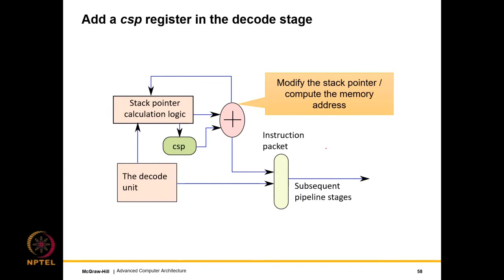We add a current stack pointer register in the decode stage. So this is the crux of the idea. We have a regular decode unit that contains the decoder and the microcode cache, which of course remains the same, no changes to that. We have a very quick mechanism of detecting if the stack pointer is being accessed. Once we see that this is happening, the instruction is additionally sent to the stack pointer calculation logic in the decode stage, of course.